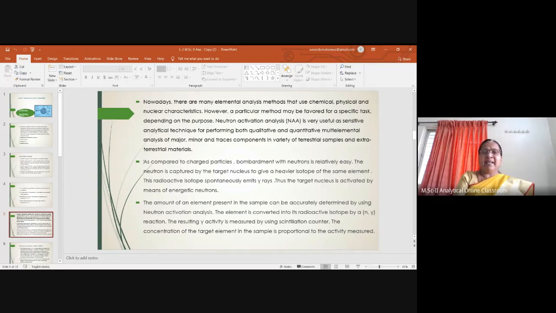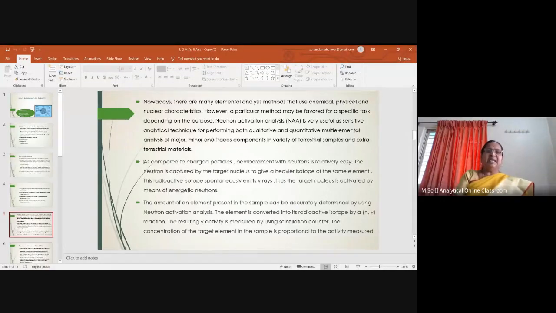When we bombard that sample with the neutron, what happens? Penetrating power of the neutron is very high. Target nucleus means sample under investigation. That neutron penetrates in the nucleus of the target element, and therefore what happens? Proton plus neutron, when we bombard neutrons, this value increases, means total mass of that element increases. It does not change the atomic number of the element. म्हणजे एलिमेंटचा ॲटॉमिक नंबर चेंज होत नाही, परंतु त्याचा मास चेंज होतं. म्हणजे तो आपला जो एलिमेंट आहे तो त्याचा हेवियर आयसोटोप तयार होतो. Mass number increases due to the increase in number of neutrons, and therefore the heavier isotope of the same element